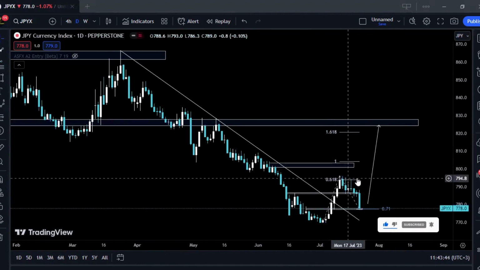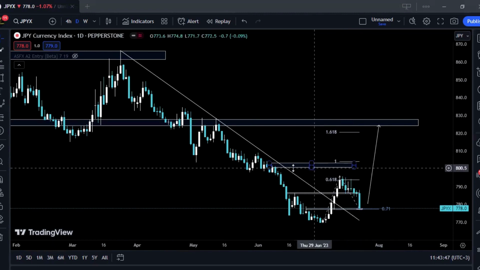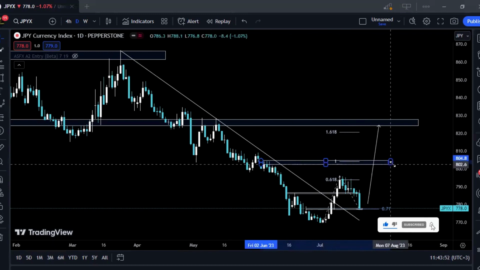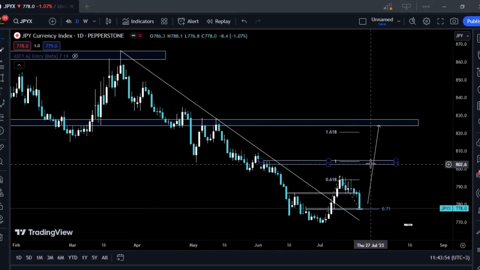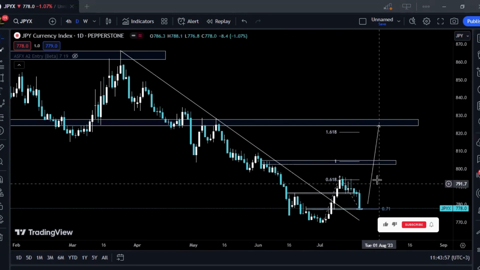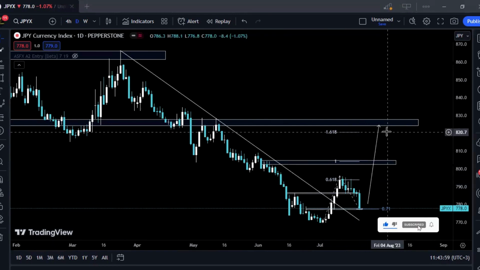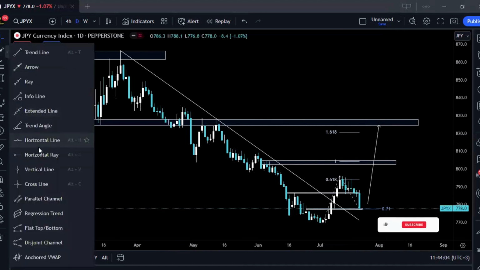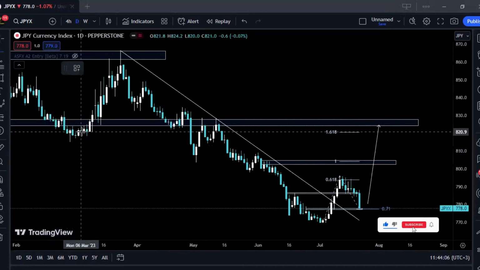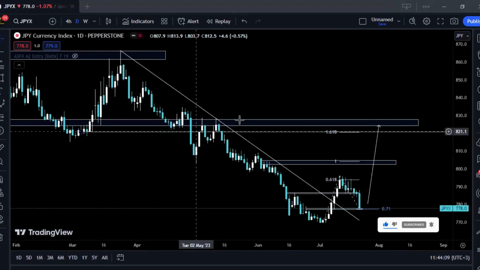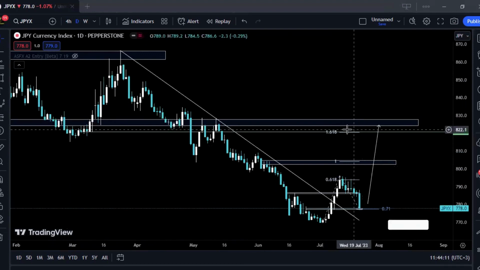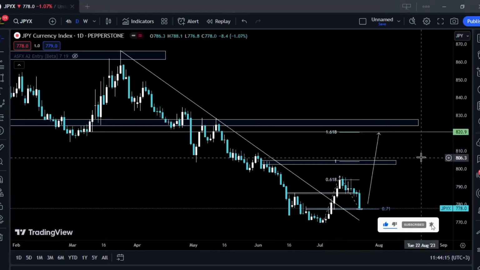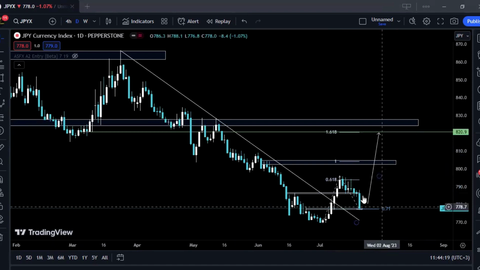Okay, so this will be 0.618. These will be the first targets at 1 right here. This will be the second target where we'll fully close the trade, wait for a retracement before we take a third trade to swing with it all the way until about 1.618. So it looks like it's going to confluence with these ends right here. Looks like the 1.618 will be the final target up here. So that's how I'm anticipating to see JPYX play out for the coming week,